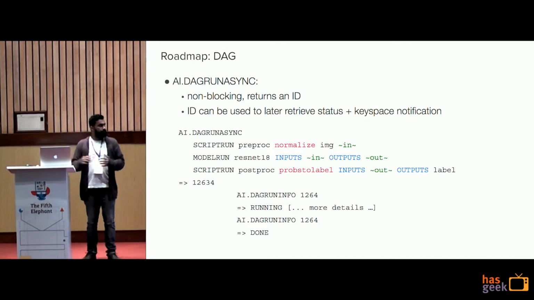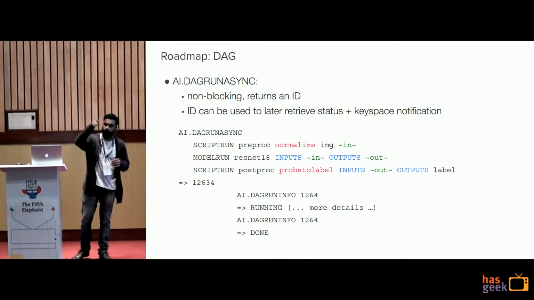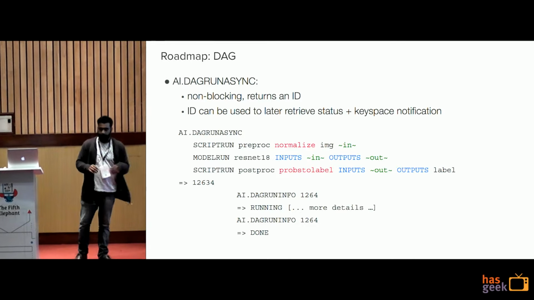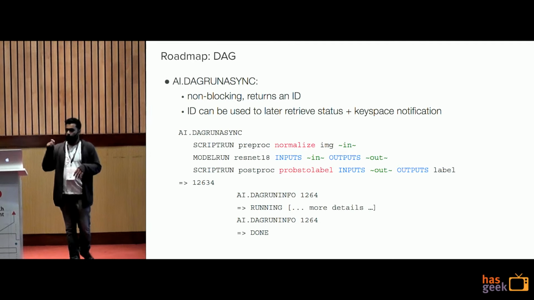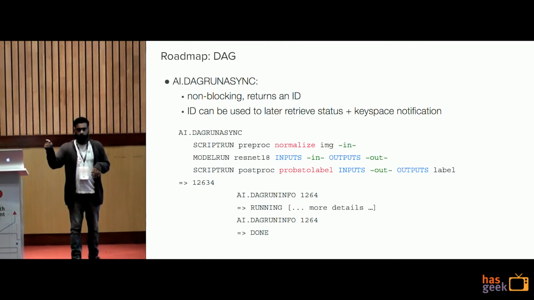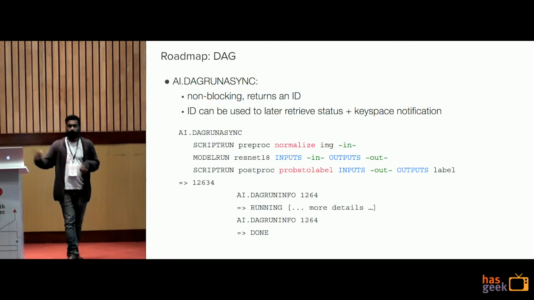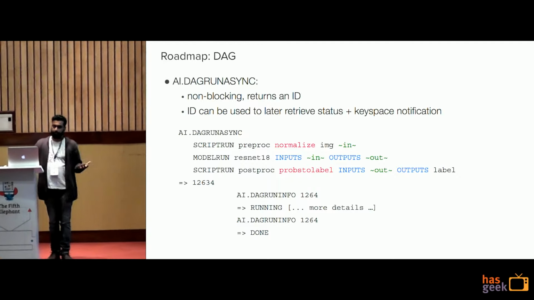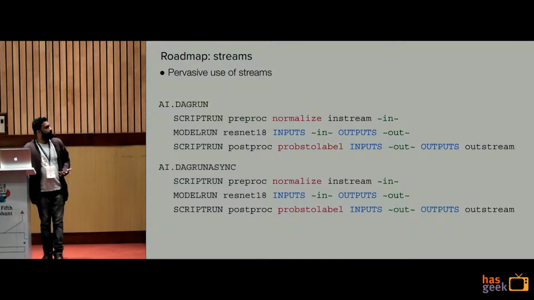So far, whatever I've said is a blocking client call. So if you're making a call to run a model, the client will be blocked and wait for the output. But if you have DAG async, then the client will return the control right after the execution with an ID which can be used to fetch the result later. So normally deep learning execution is costly. It might take more time. So your client does not have to wait for that to complete.